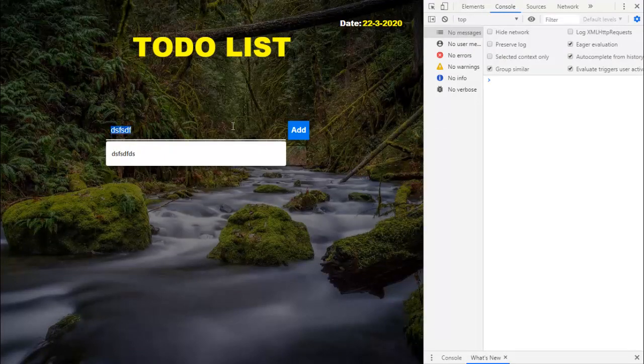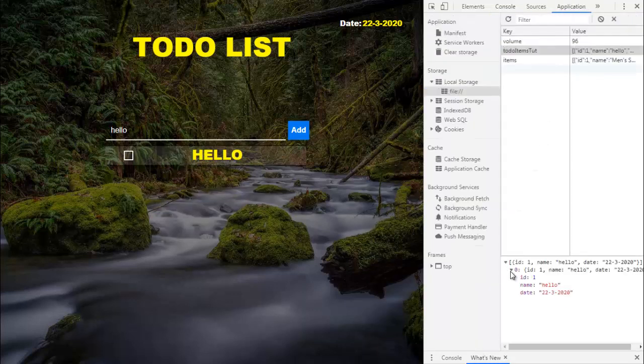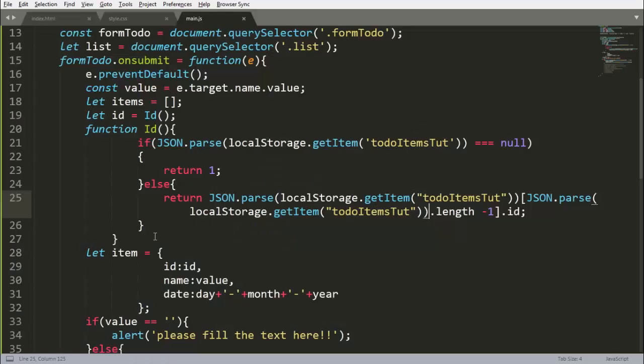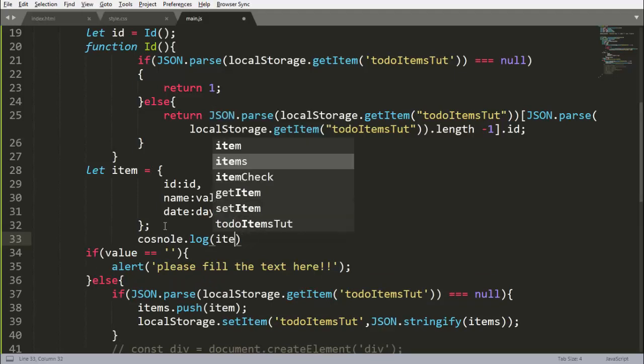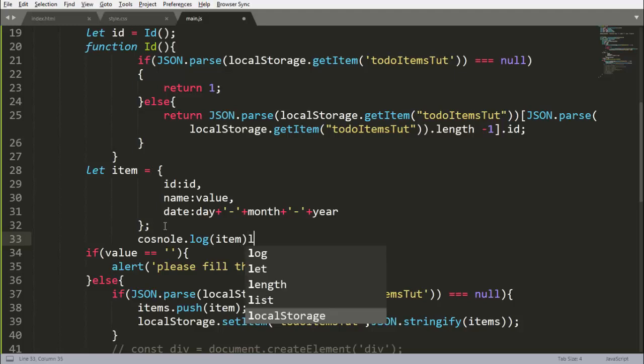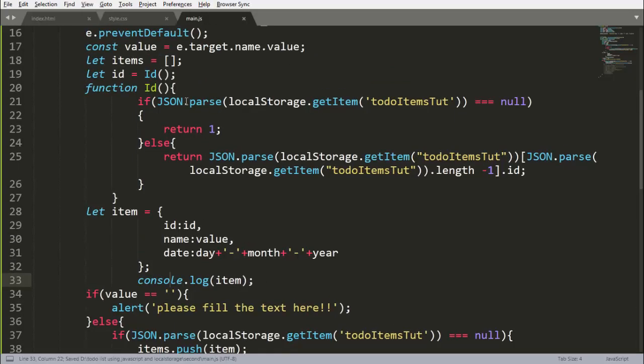So when I write hello here and add it, in the application, see that now we are getting an array here. So this is id 1 here. So when I console this item here, now console.log this item here. So now we will check our id here. See that now this is not null here.